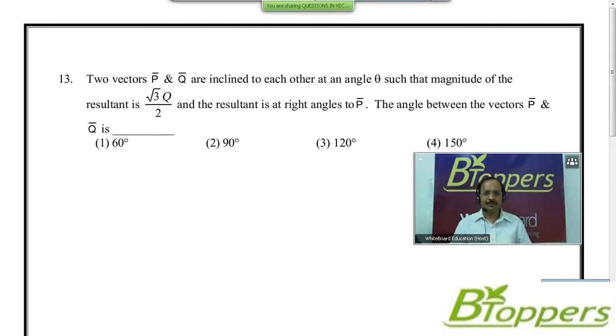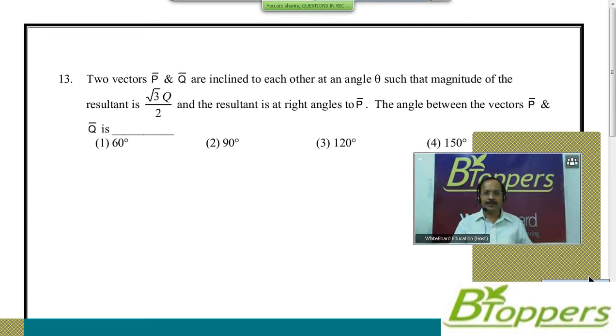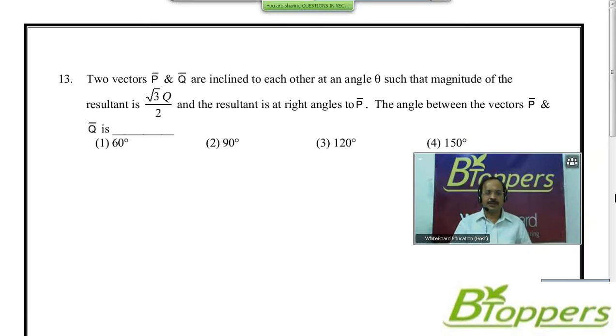Here, question number 13. Two vectors p bar and q bar are inclined to each other at an angle theta such that the magnitude of the resultant is q into root 3 by 2, and the resultant is at right angles to p bar. The angle between the vectors p bar and q bar is